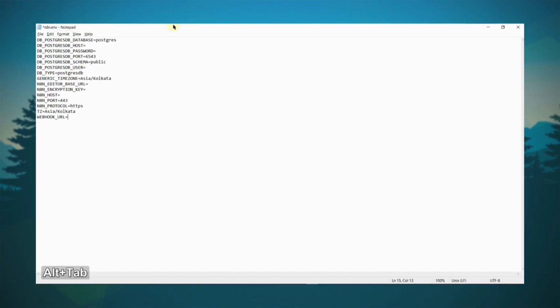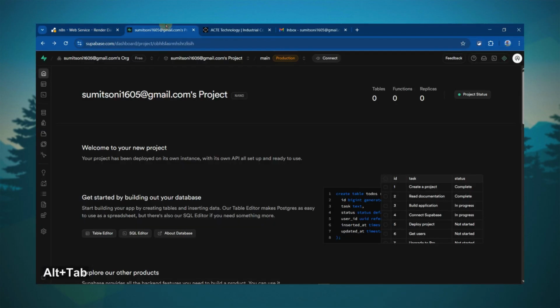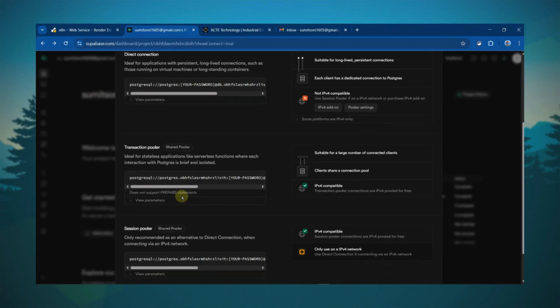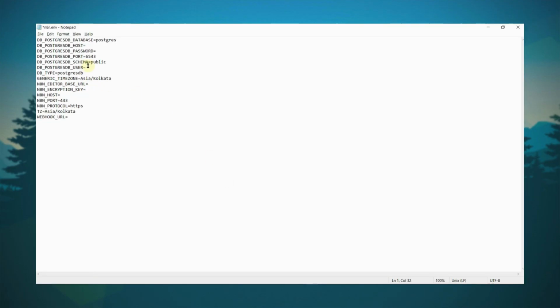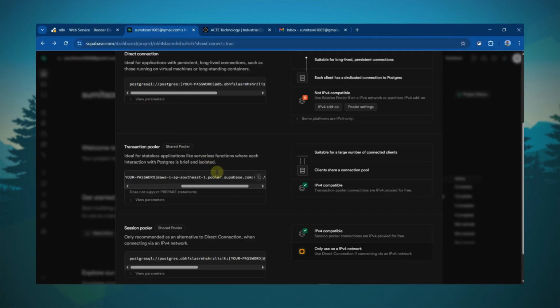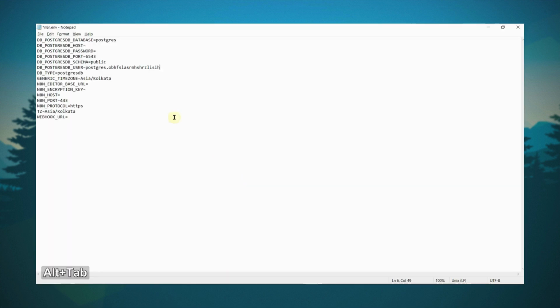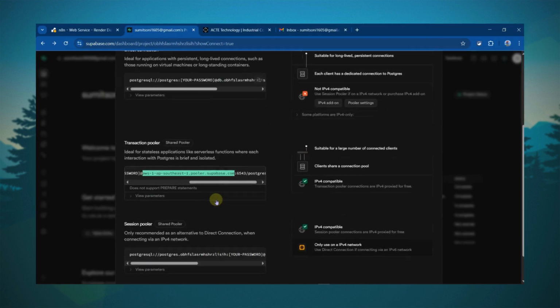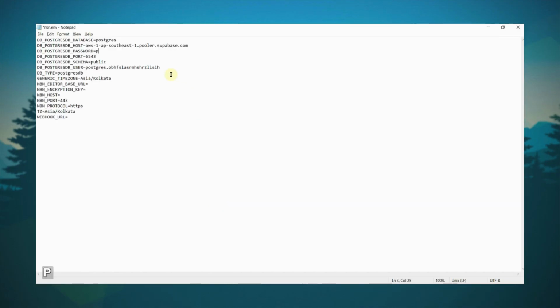After that, for consistent storage, we have to fill up some environment variables, like the Supabase variables. For that, we have to go to Supabase, click on your project, and then click on connect for getting all the variables. We have to copy the host from the transaction pooler, and then we also have to get the user. That will give us the DB Postgres DB host and user. After that, for the Postgres user,